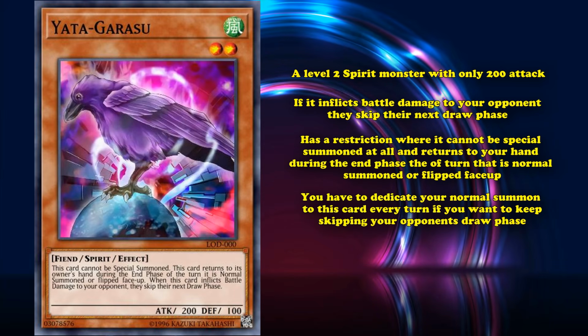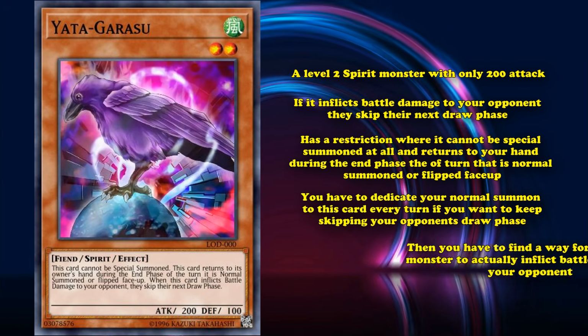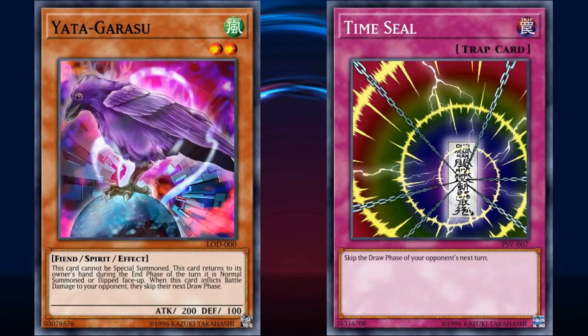So you have to dedicate your normal summon to this card every turn if you want to keep skipping your opponent's draw phase, and then you have to find a way for this really weak monster to actually inflict battle damage to your opponent. And the reason this card is banned, as well as Time Seal, which does the same thing but with more restrictions,